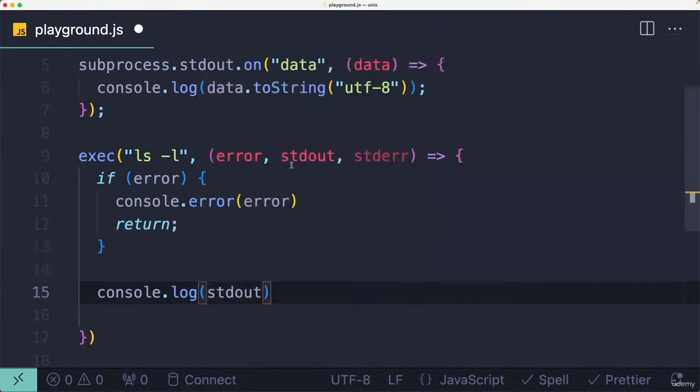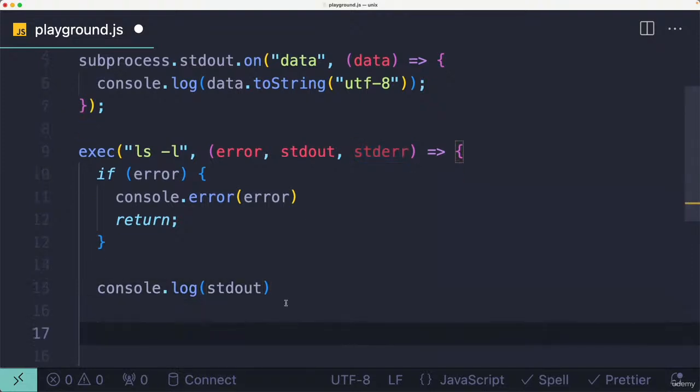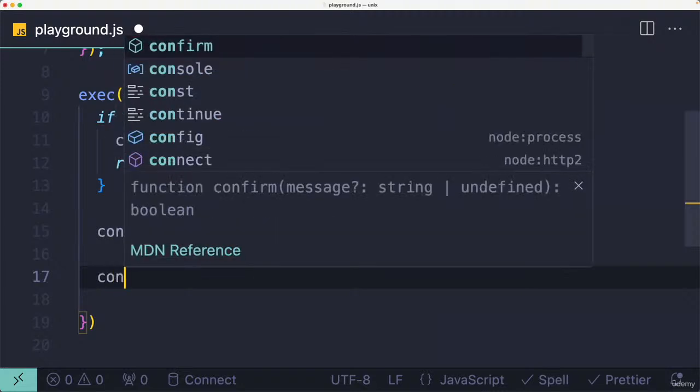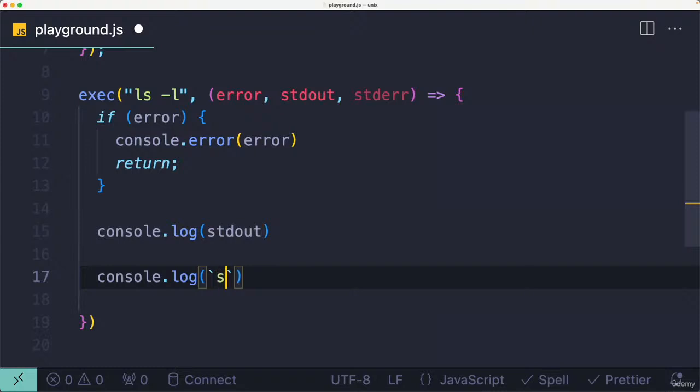Again, don't worry if you don't know what is standard out or standard error. These are important Unix concepts that we have to understand, but not right now. So let's just log this one, and I'm also going to log one more thing. I'm also going to log standard error, so I'm going to say console.log, and in ES6 strings, I'm going to say standard error equals